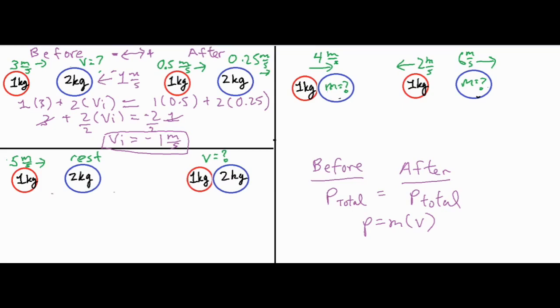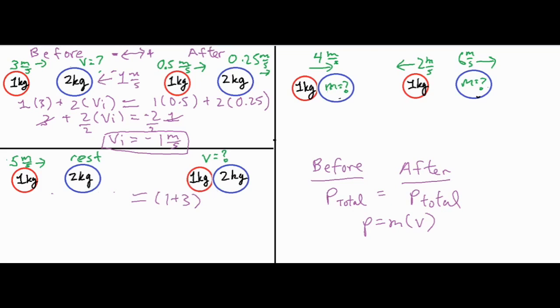Now for our second problem, we have something like an inelastic collision where we have an object colliding with something at rest, and then the two combine with one another to have a combined velocity of some sort. Now the trick is you're still doing MVs for everything before and after with an equal sign right in the middle, but if things are physically combined, you can combine them mathematically. So these are physically combined, so since these masses are physically combined, we can combine them